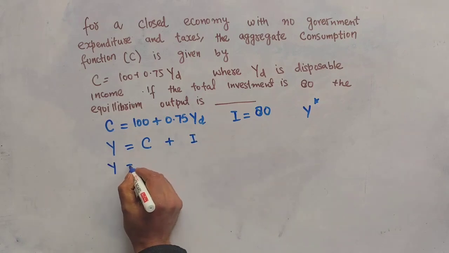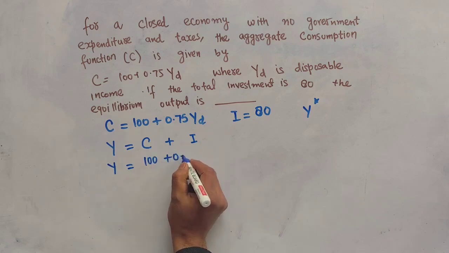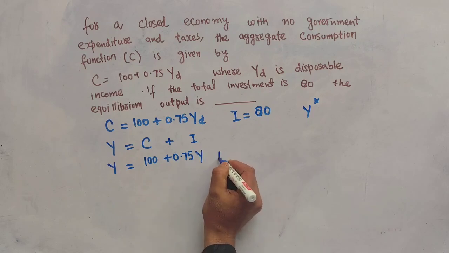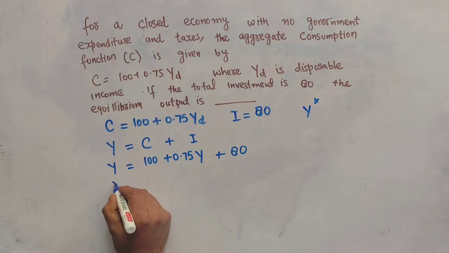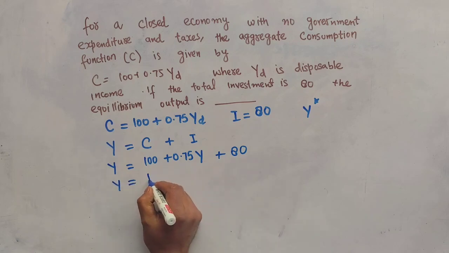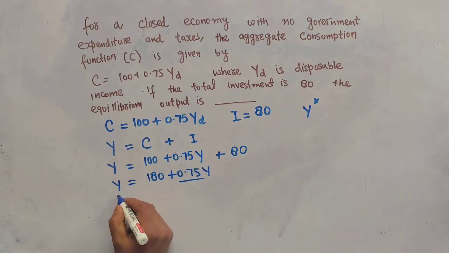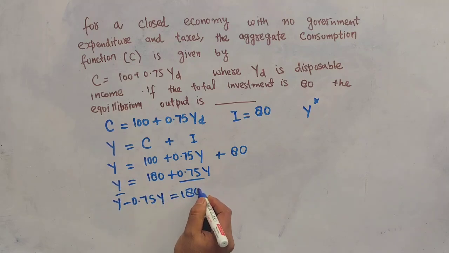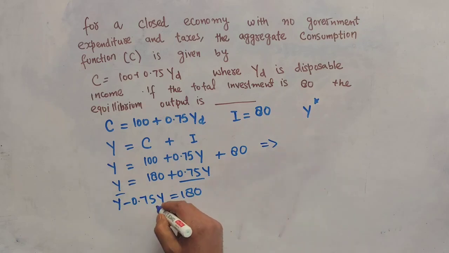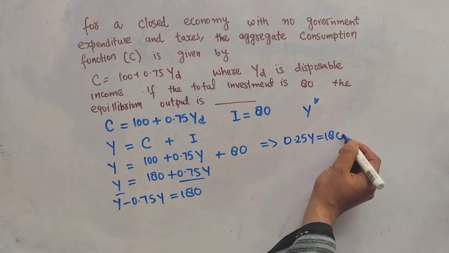That means Y, income, will be equal to consumption expenditure 100 + 0.75 Y plus investment, which is given as 80. So we get Y = 100 + 80 is 180 + 0.75 Y. Transpose this to LHS, it gets subtracted. So we have Y - 0.75 Y = 180, which implies 0.25 Y = 180, which implies